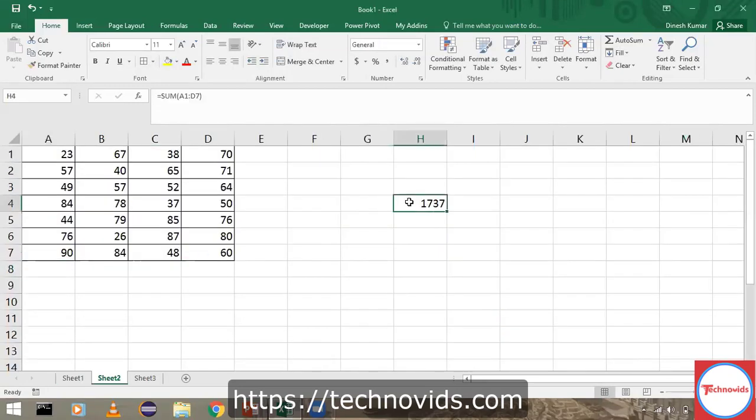So I just wrote a sum function such that I could sum all the values present over here, A1 to D7. Let's assume that I have added one more record. Let's put some value over here, 78, and your formula will not get updated. You see here, it refers only to the previous set of data. If you insert some other record at the bottom, it will not get updated.